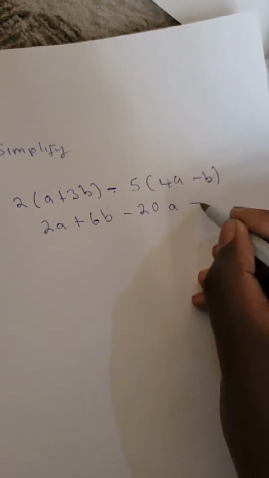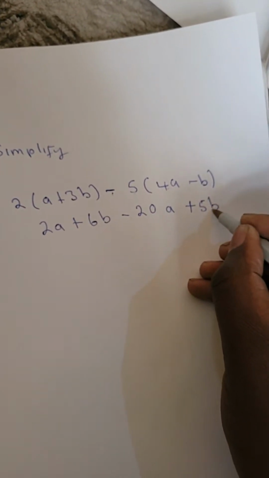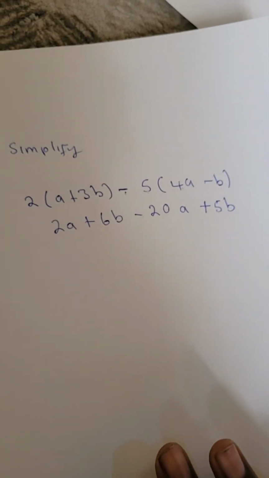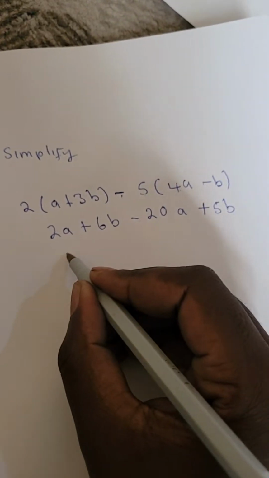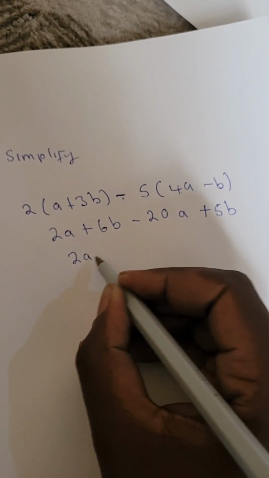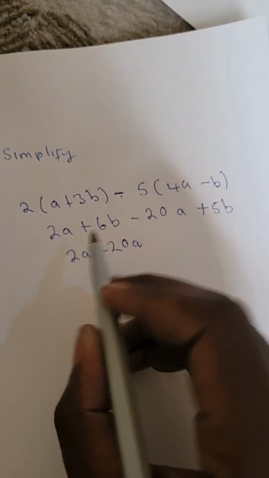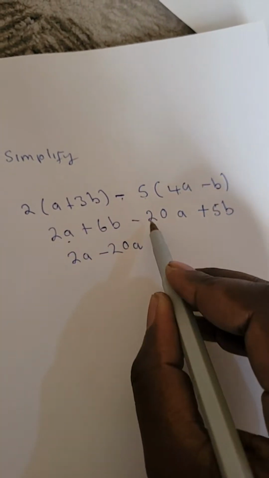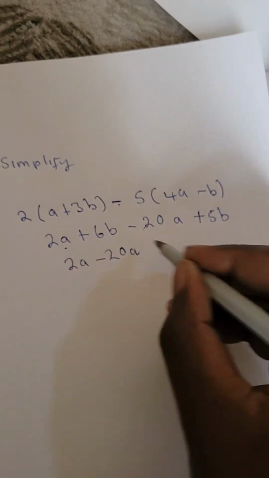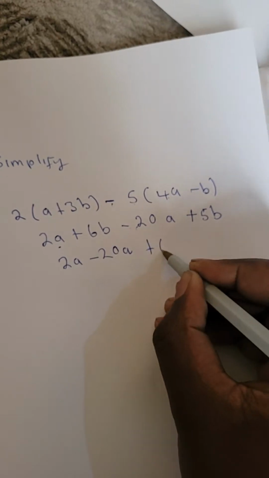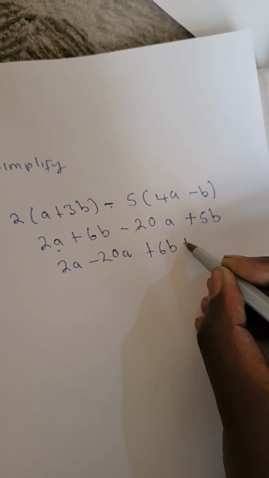So negative and the negative, you get what? Positive 5b. Okay, guys. Hello, Miracle. Okay, so we're going to add 2a minus 20a. So it's positive 2a. Subtract negative 20a. Then we have positive 6b. Right? Then we're going to add with